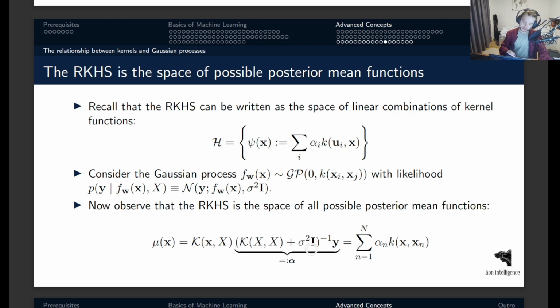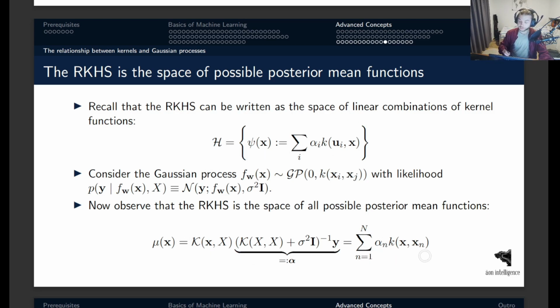And if we just define this bit to be called alpha, then we have that this expectation is a finite sum of entries of alpha times the entries of this row of a kernel matrix. And lo and behold, this is a linear combination of kernel functions. And therefore this posterior mean function, the expectation of our posterior Gaussian process, is an element of the reproducing kernel